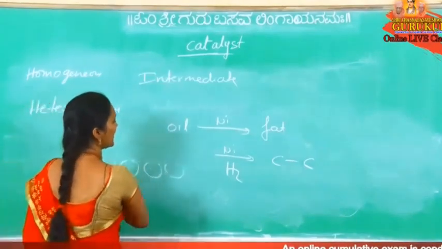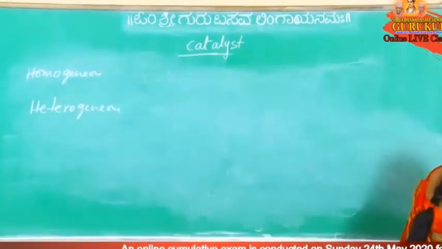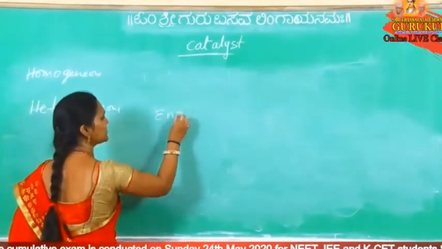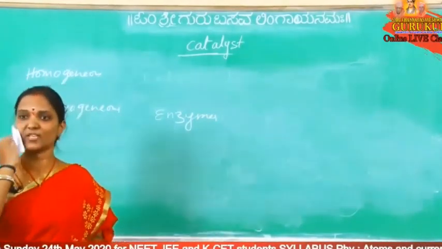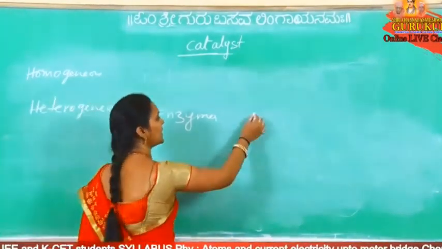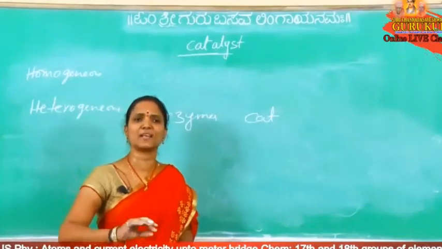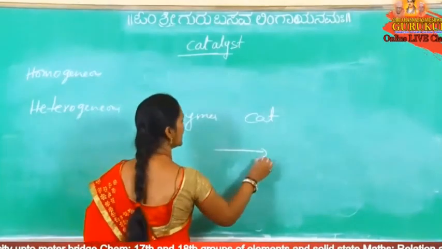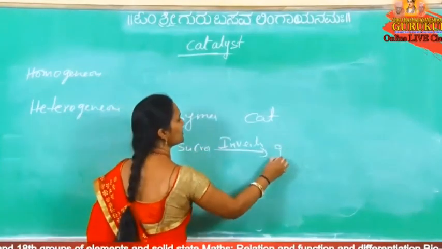And how does an enzyme catalytic reaction take place? About these enzymes, in the biomolecules chapter we can learn once again. That's why all examples are not required here. What are these enzymes? Proteins or nucleic acids? Enzymes are definitely proteins. These proteins act as catalysts in biochemical reactions. And these enzymes are highly specific and highly selective in nature. For example, invertase catalyzes sucrose to glucose and fructose.